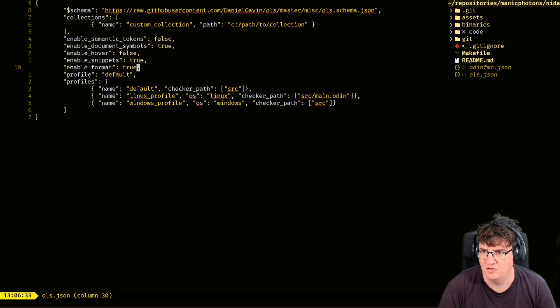Semantic tokens, syntax highlighting. Okay. Document symbols. Sure. Fake methods, no. Inlay hints. Procedural snippet. Okay.